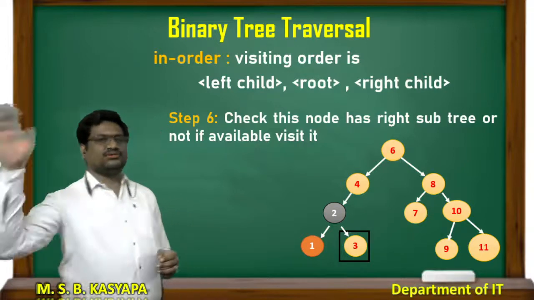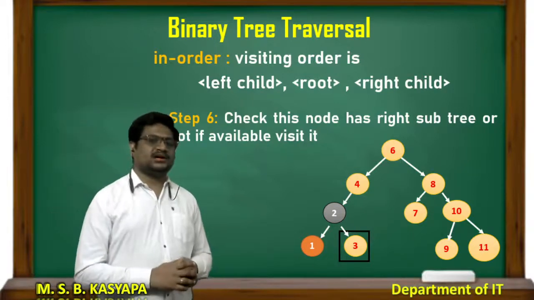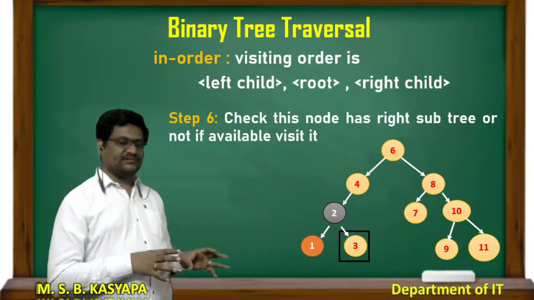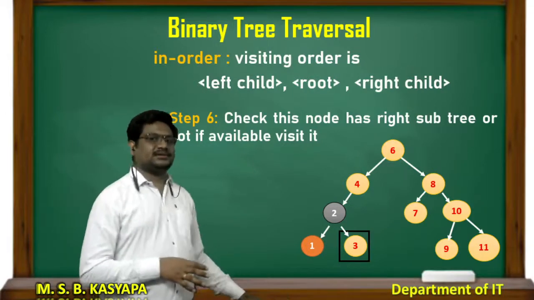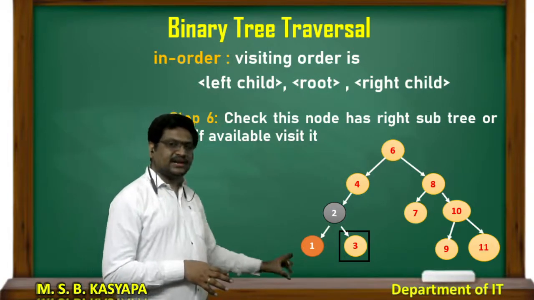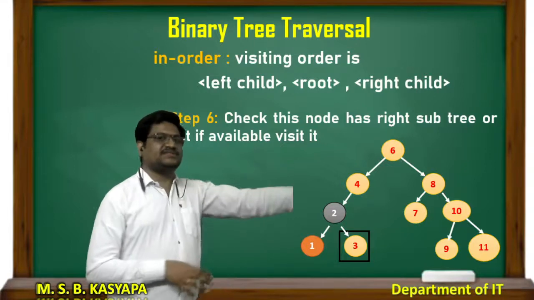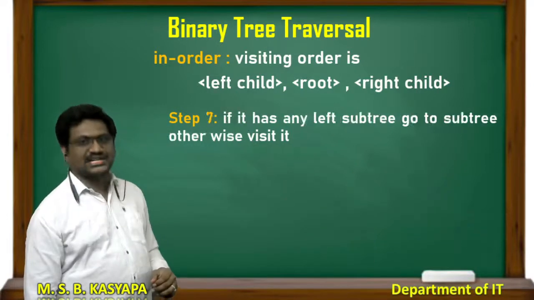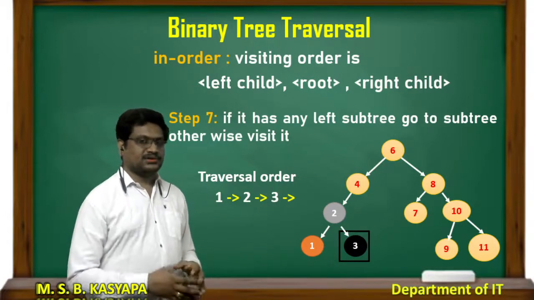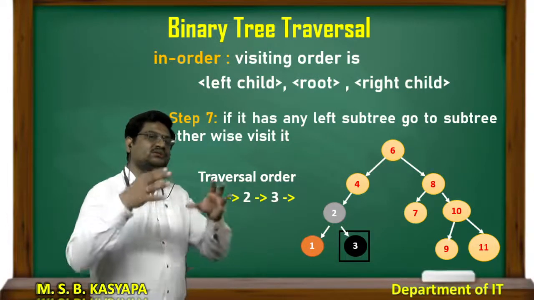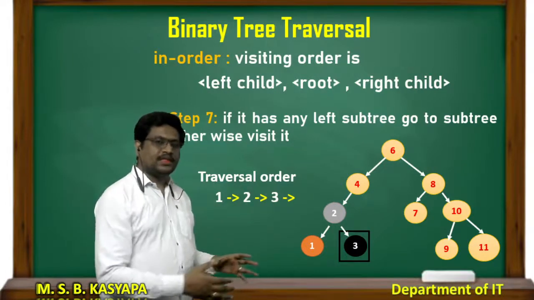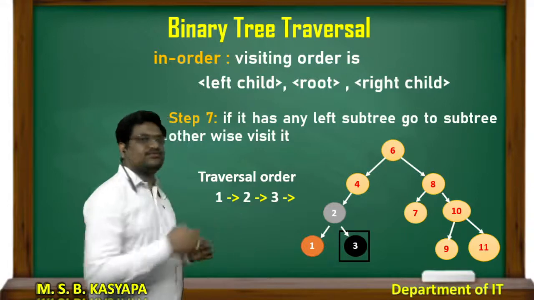So I go to the right side part of the 2 subtree, and check whether there is any subtree on the left side; if so, I have to visit that part first. It doesn't have any subtrees on the left side, so I'm directly visiting the 3 now. So now my traversal is 1, 2, 3. So I'm getting my point. First I have to check from the root node to the bottom, the left subtree of the bottom.